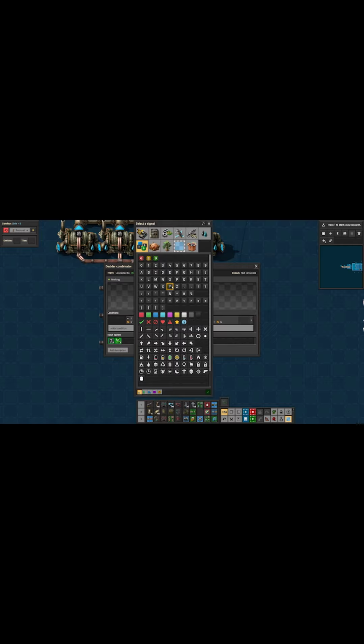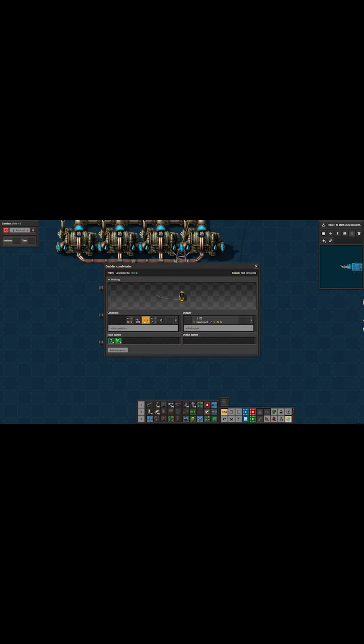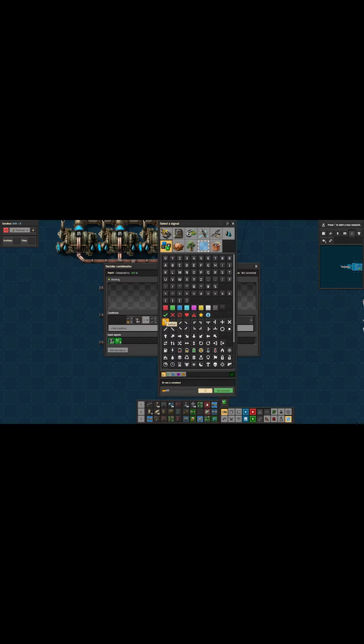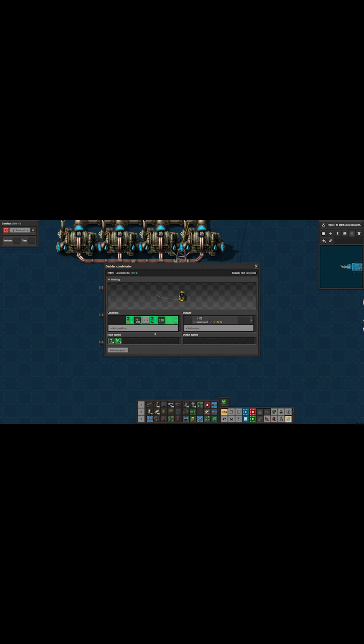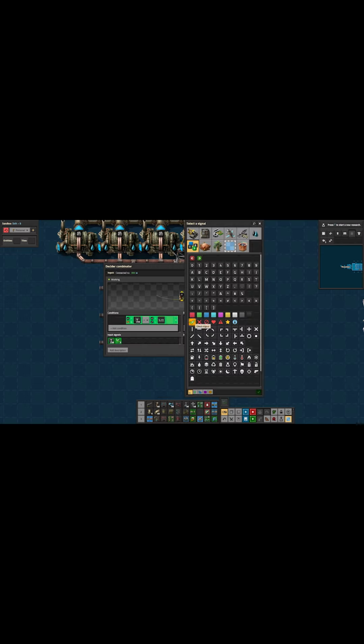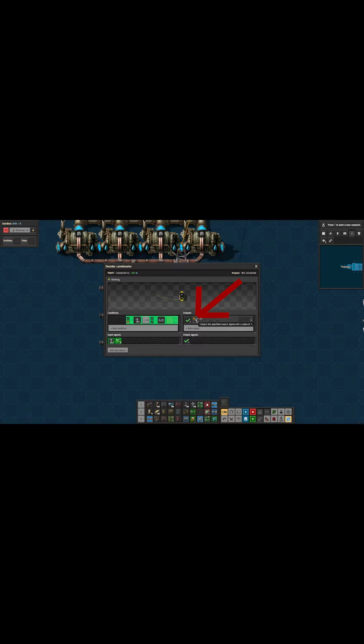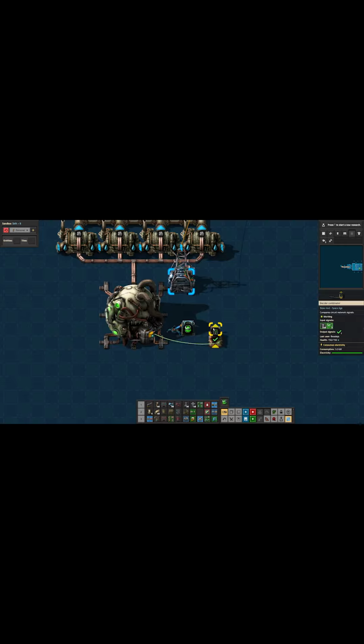I'm going to set my first condition, which is going to be the letter T, which is the temperature, and I want it to be less than 520 degrees. Because we need a minimum 500 for the reactor to work and provide power. Then on the output side, I'm going to pick something random. I'm going to use a green tick. And I'm going to set it to 1. That's just a random signal that's now coming out of this combinator, which I'm going to connect to the inserter